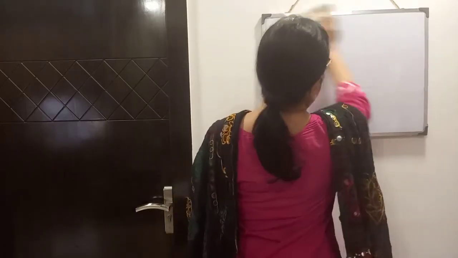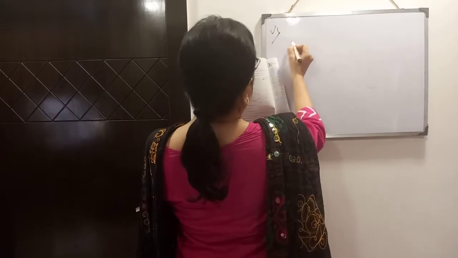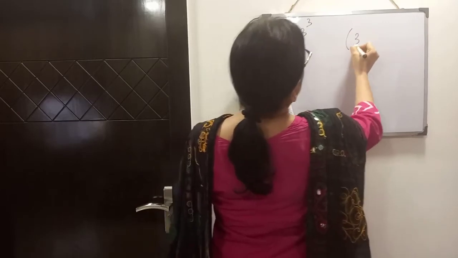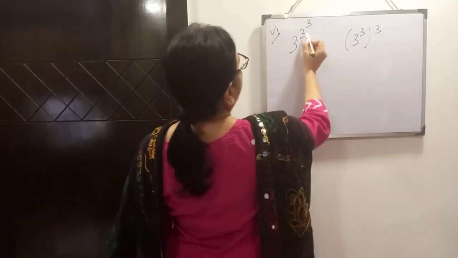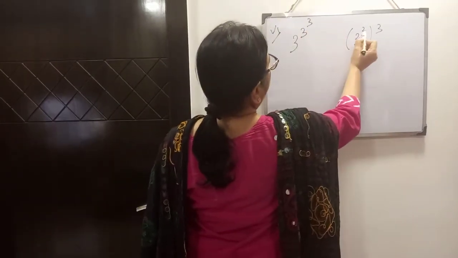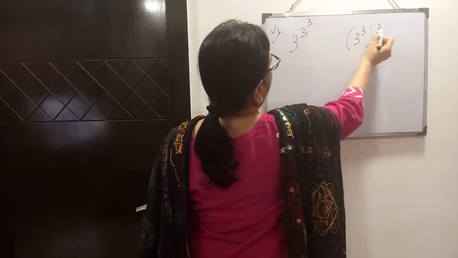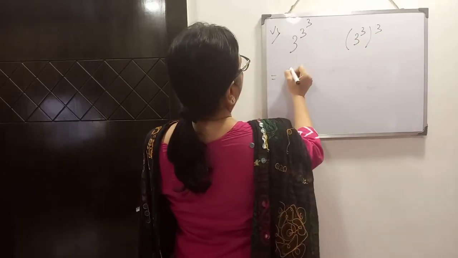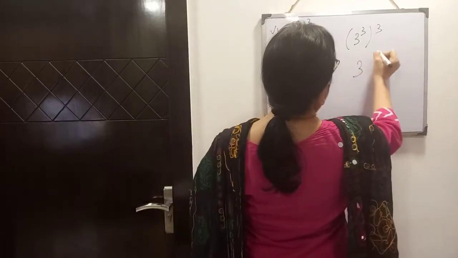Which one is greater? Between these, this is written in this form and another one is written in this form. Clear? What is the difference between these two? This is the power of 3 and here 3 is multiplied by 3. This is the difference. This is the power and this is the multiplication of 3 and 3 into 3. So this equals 3 to the power 27. Clear? And this is coming 3 to the power 9.